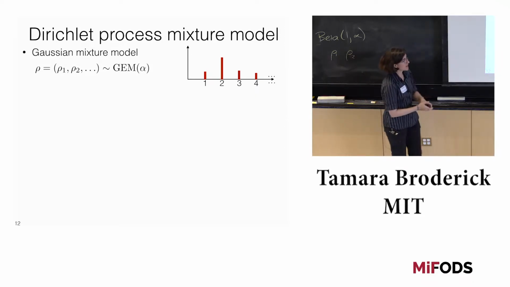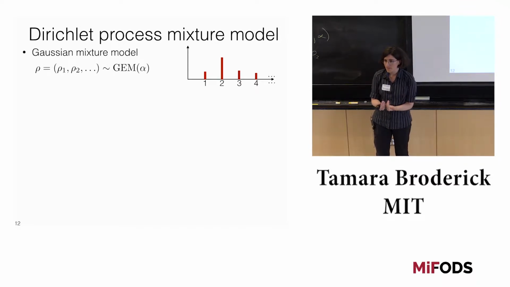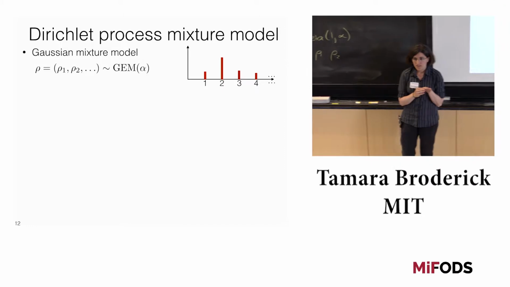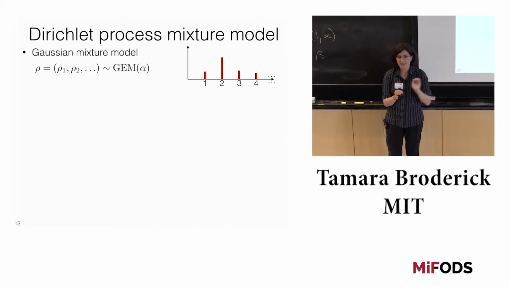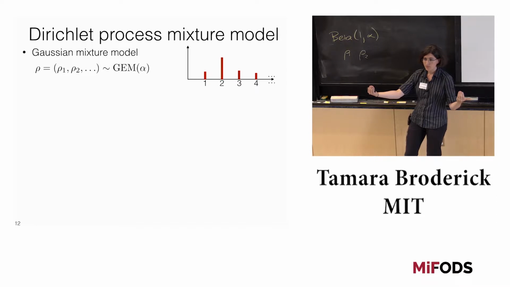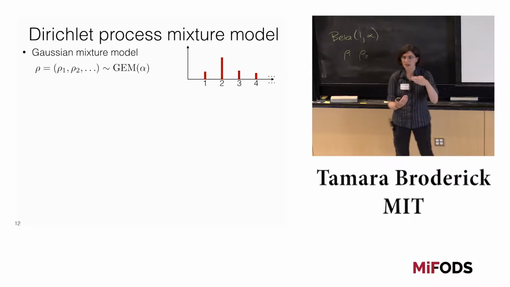Now, something that definitely comes up here, and this was another thought question for over the break, is you do get different behaviors from different choices of alpha. And there are behaviors that you simply cannot get from within the GEM. And so one of the things we're going to talk about later is what are some of the behaviors you can't get. But I'll tell you right now some things that we're going to talk about going forward. So one is the number of clusters grows basically like alpha log n. So a larger alpha, we just saw, is going to make it look like there are a ton of clusters visually. And so we're going to fill those up much more quickly. And so that's roughly the intuition about why a larger alpha gives us more clusters.